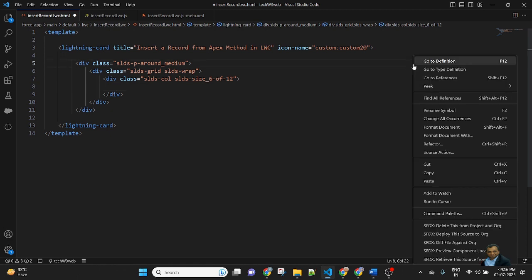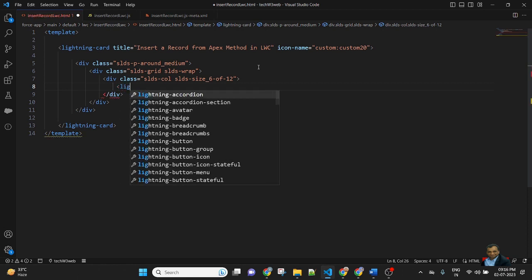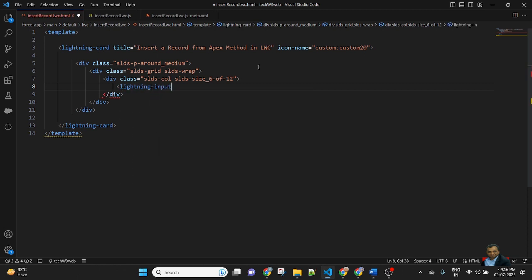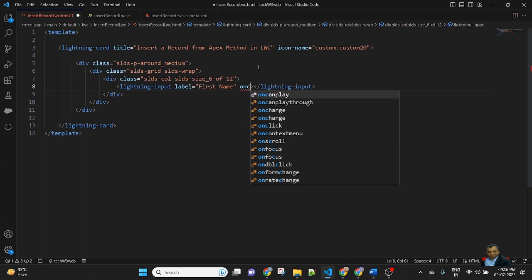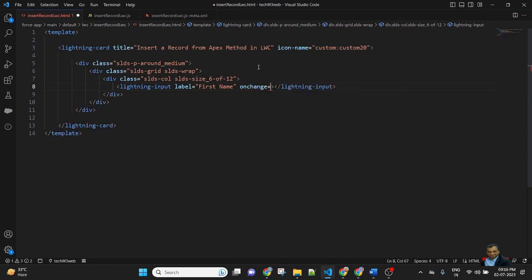Then create a lightning input with label First Name, onchange using the handleChangeAction, and value pass the fname, and name equal to fname.